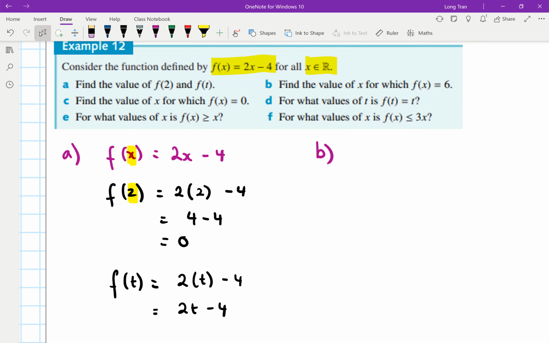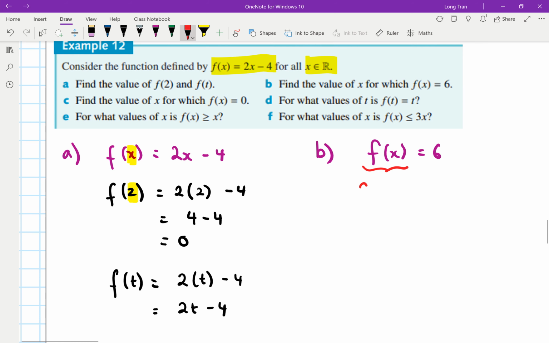Find the value of x for which f of x equals 6. So they want you to find what x would be if the function equals 6. We know what f of x is. f of x is defined as 2x minus 4. That's what f of x equals, right? So if that equals 6, now you've got an equation to solve. Add 4 on both sides, and you get 2 times x is equal to 6 plus 4, which is 10. Negative 4 plus 4 cancels out. And then the next line, you'd divide by 2 on both sides,